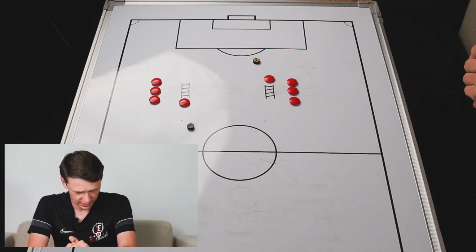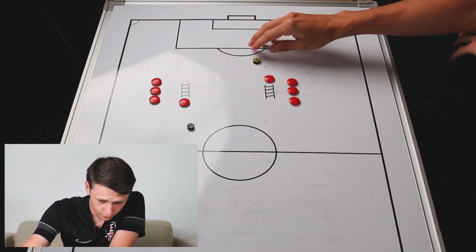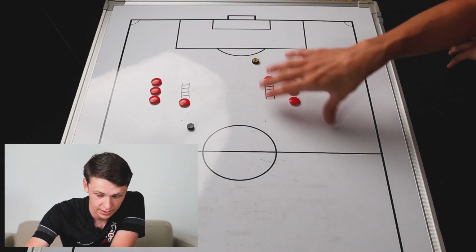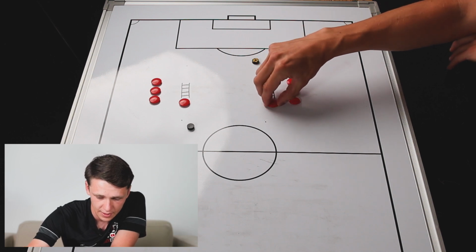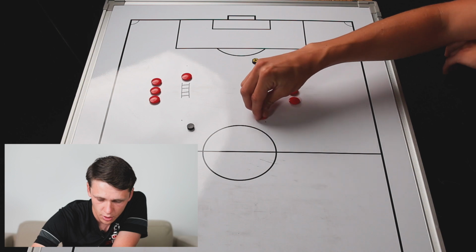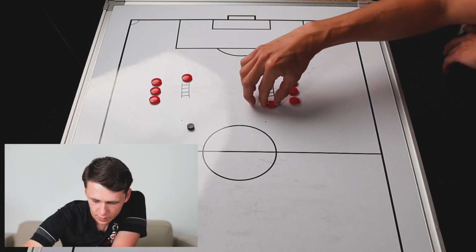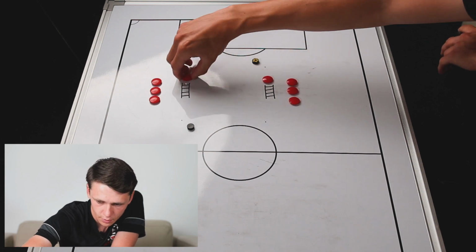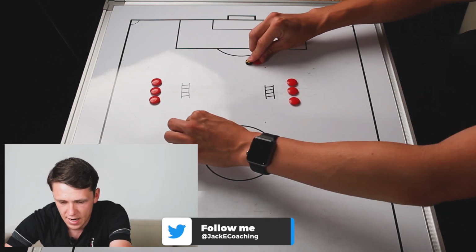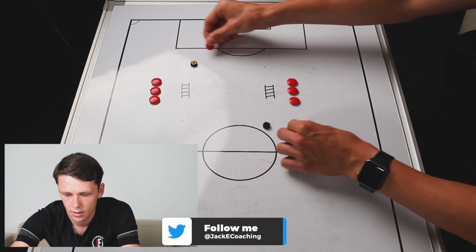Now, both players are going to work at the same time, and then they'll switch and go to the opposite side after the finish. They start on the same side as where the ball is, so the players need to remember this for the next time. So the player's going to shuffle across the ladder, move round the cone, shuffle back in towards the ladder, move through the ladder again, round the cone, retrieve the ball, drive into space,